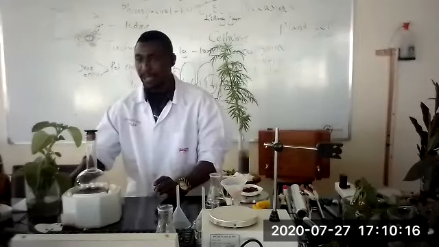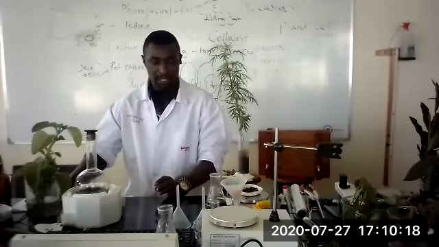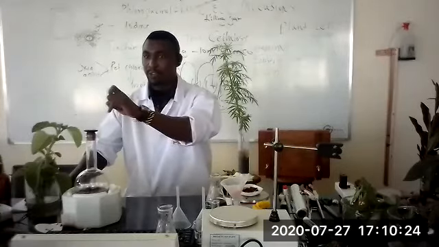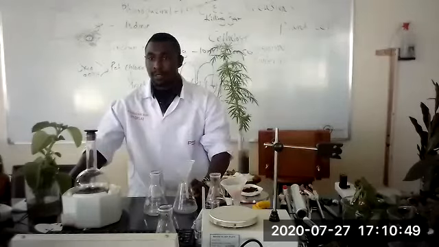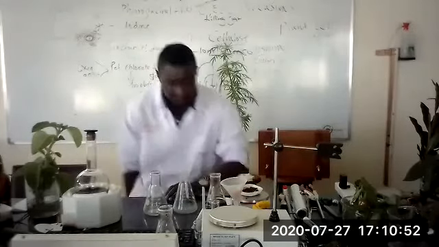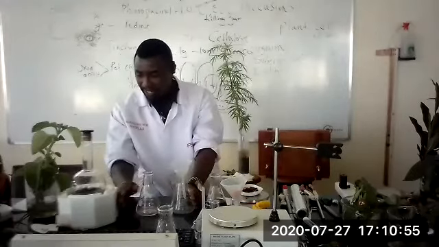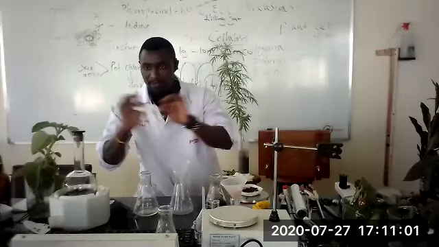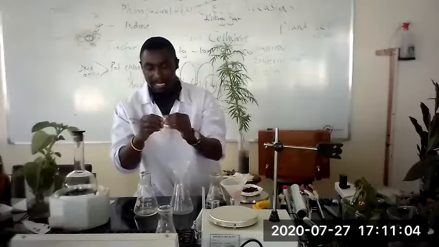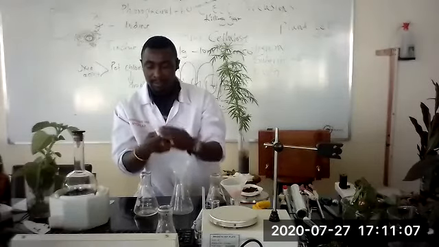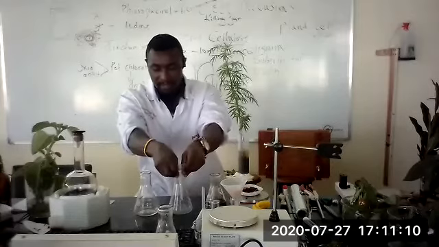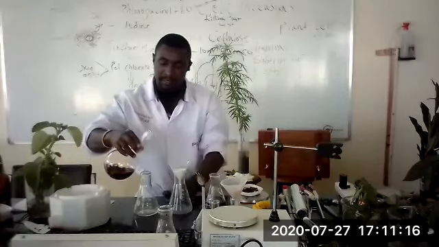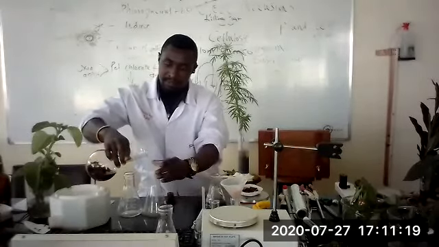So let me find a way to make the filtration. I'm collecting a conical flask for filtration. So I'll be able to filter it over here. So the next step is filtration. After 3 days, you come, you pick your filter paper, and the process of filtration is going to take place immediately. After 3 days, then do the filtration.